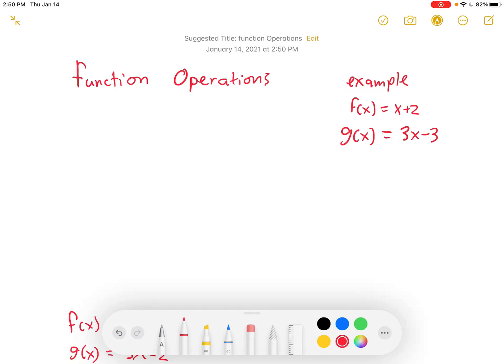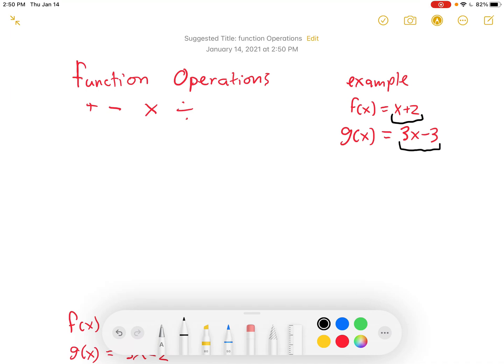Today we're talking about function operations. We're going to be using our four favorite operations: plus, minus, times, and divide. We can do the exact same things with functions that we can do with numbers. We simply treat this part of a function as a single unit, put it in parentheses, and we can perform